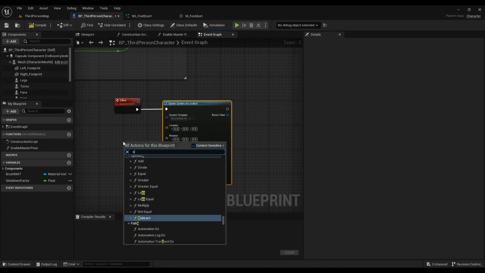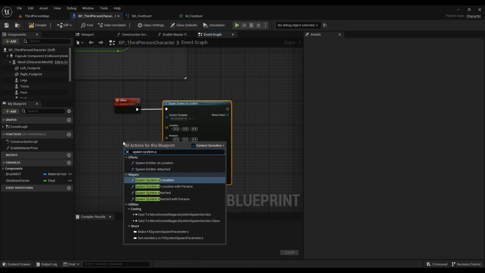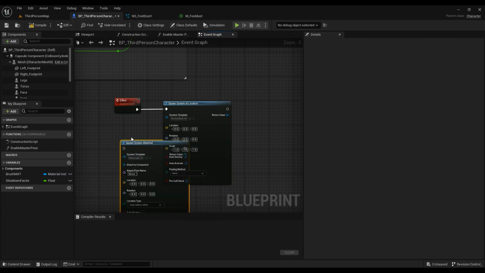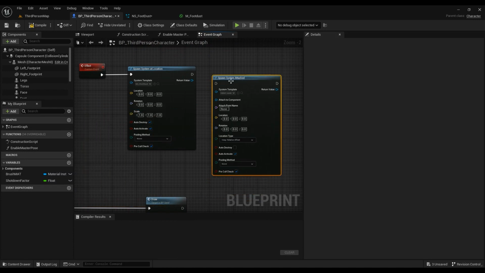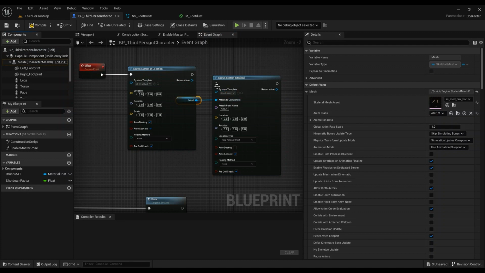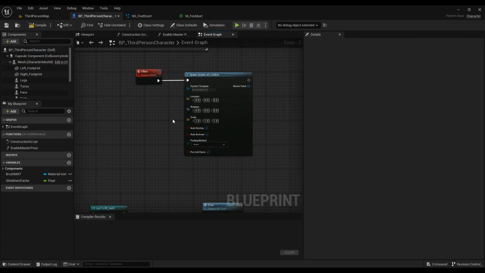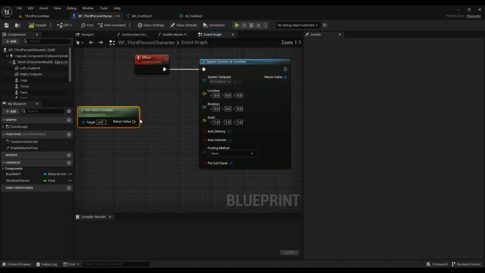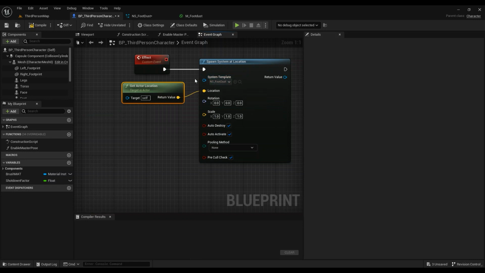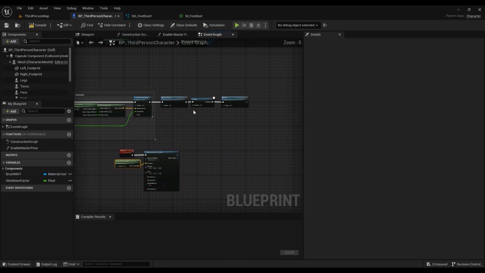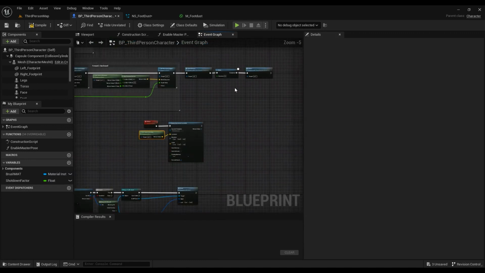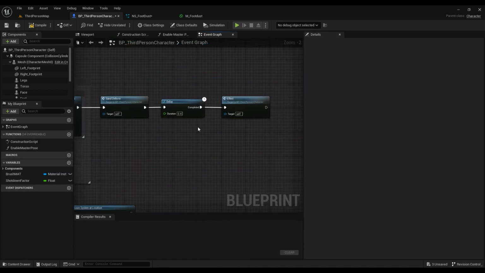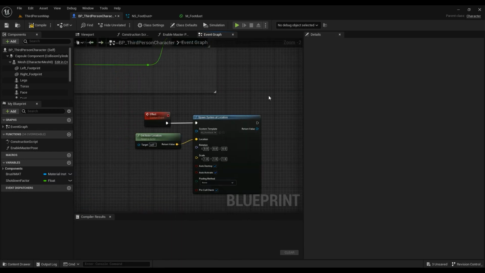So spawn system at location, or attached, it could be attached to the mesh component, for example. I wouldn't do that right now. So the location would be get actor location, and the system is going to be the system that we'll create later on in this video, and that's it. This is the easiest way to do it, but the better way to do it is going to be